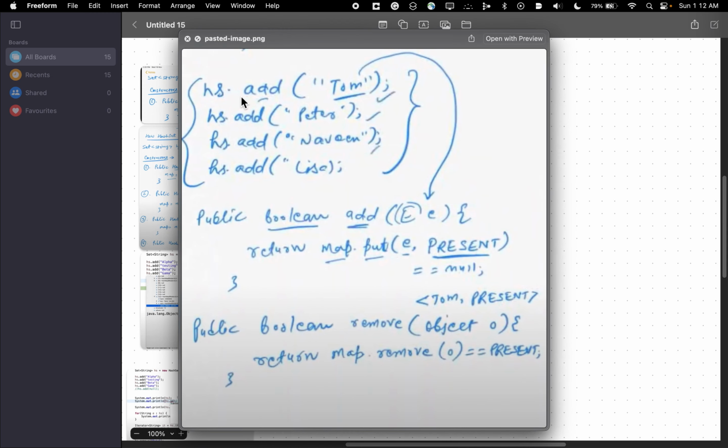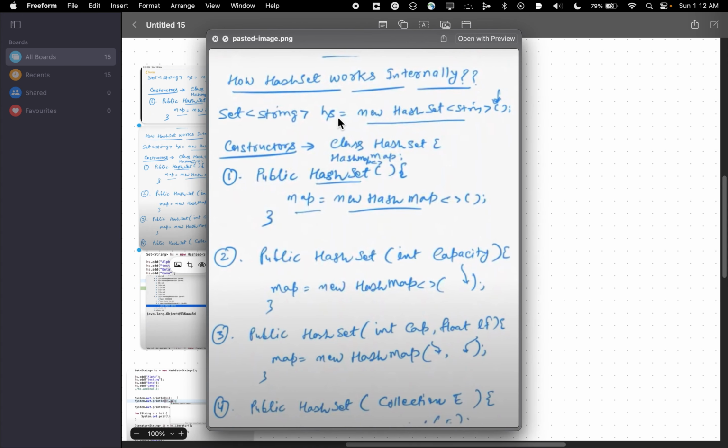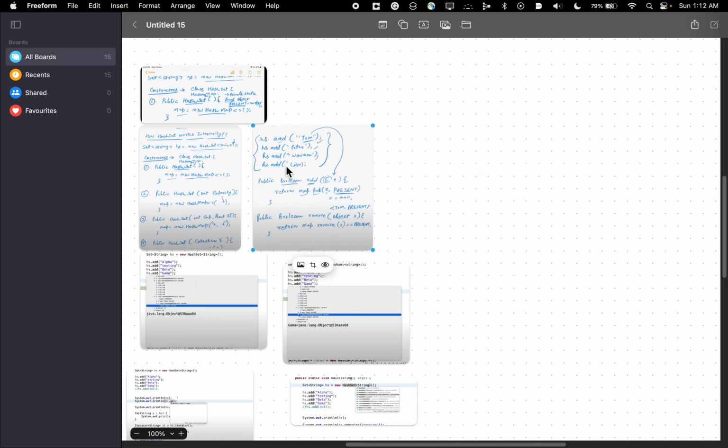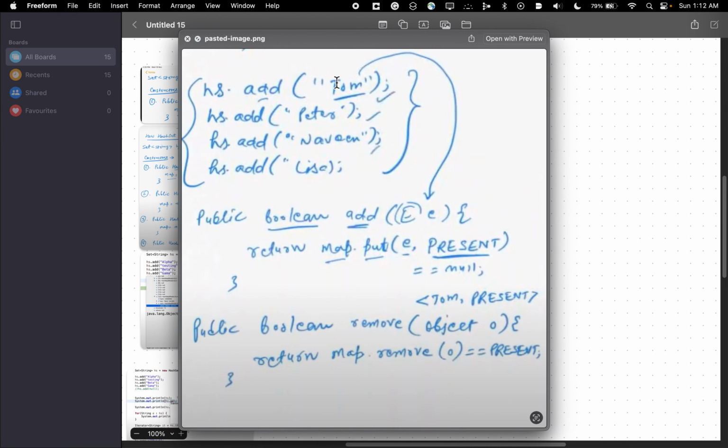Now, for example, we want to look at the internal working of the add function. Here we created a HashSet, hs = new HashSet. In the HashSet add function we give it values like Tom, Peter, Naveen, Lisa. So what happens is this takes an element. Whatever value you are adding here goes to return map.put, where you can see e is the value that you're putting here. And the generic would be a String, so Tom would be stored here,